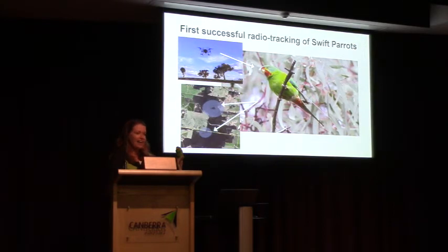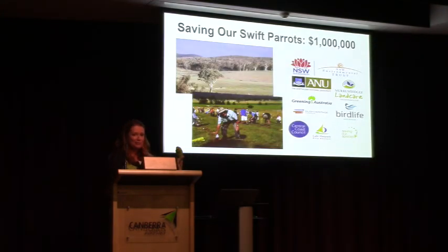Just this week I've come back from tracking this endangered bird out near Gundagai. I've got a site out there. I caught the birds and we tracked them with our new system for the first time. And after this I'm heading back out there to track them again. And then we're also, the nice thing to conclude,